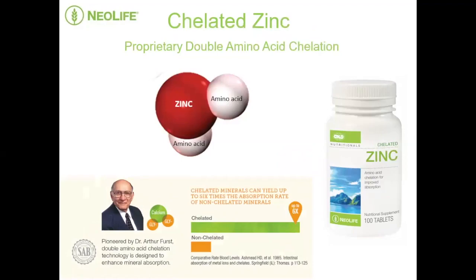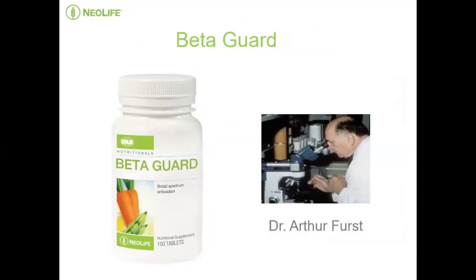And then he realized, why don't we try and help the body to fight back, so that we can actually combat disease from the inside outwards. And so he developed this process of chelation. He's done it with calcium, he's done it with zinc, and he developed this as a toxicologist back in the 1980s. This was a very unique combination of all those ingredients, because as you heard from what we've already been saying, they're all the protector nutrients. And so he put them together in one product. Now, beta